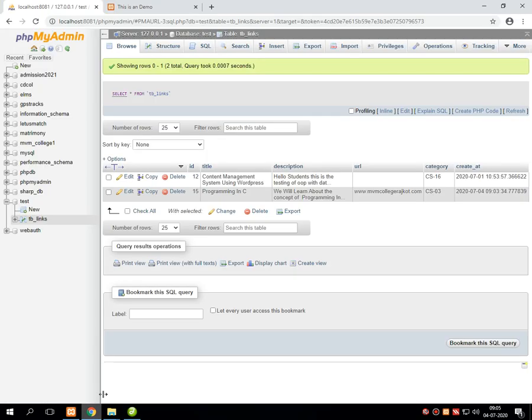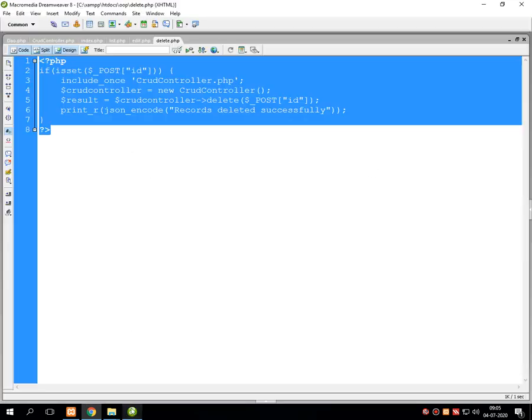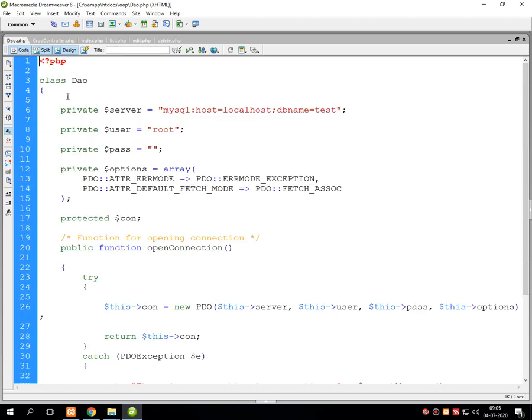Students, almost all the functionality related to displaying the data, editing the data and deleting the data is completed over here. Just try to write these files on your own. First write dao.php. It returns nothing onto the screen, it simply contains a blank page, don't worry about this.